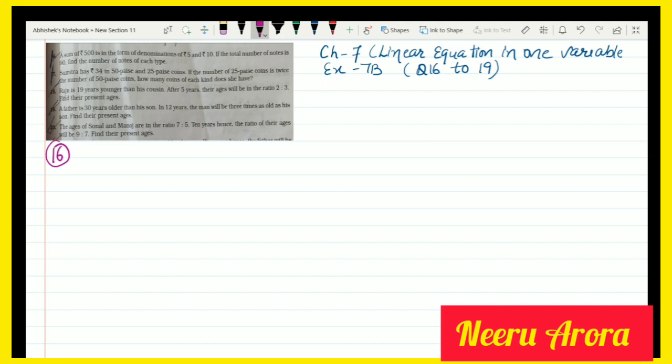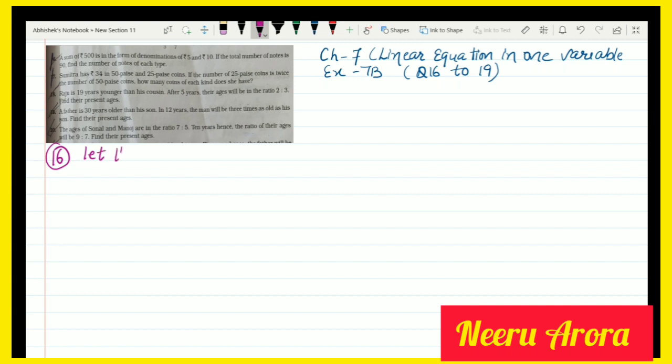We have 500 rupees in the form of 5 and 10 rupee notes, and the total number of notes, including both rupees 5 notes and rupees 10 notes, is 90. In this we want to find the number of notes of rupees 5 and the number of notes of rupees 10. So here let us suppose